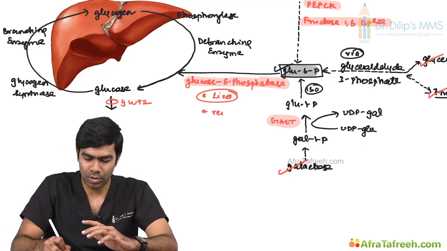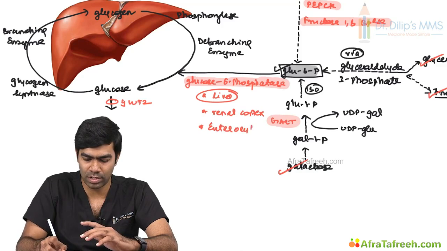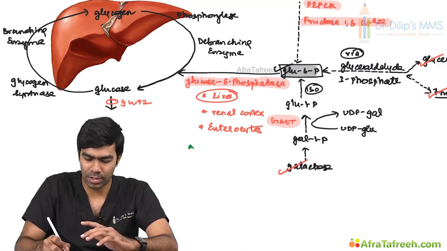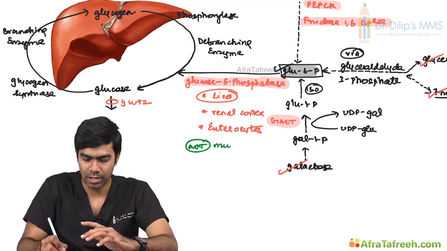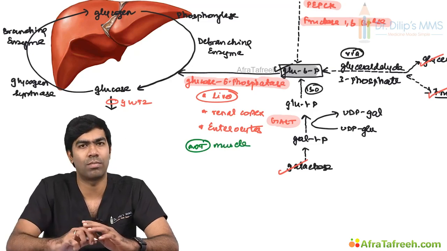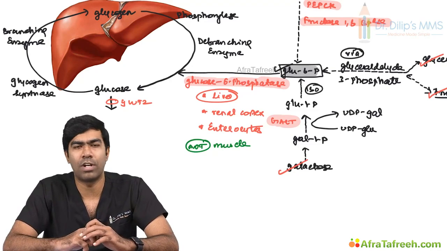And it can be present to a small extent in the renal cortex. It can be present to a small extent in the intestine, that is the enterocytes, but definitely it is not present in the muscle. What do you mean by that? Muscles can produce glycogen from glucose during well-fed states, but during low energy states and fasting states, they cannot produce